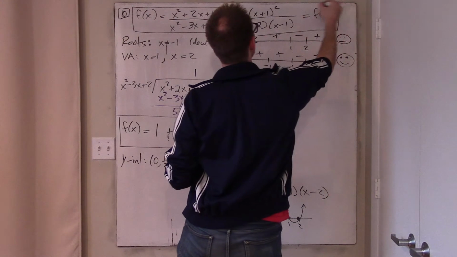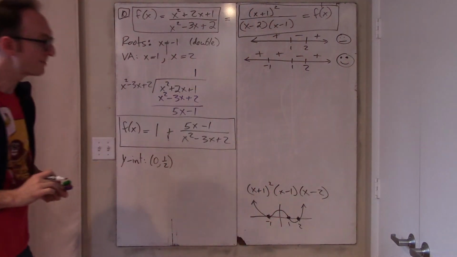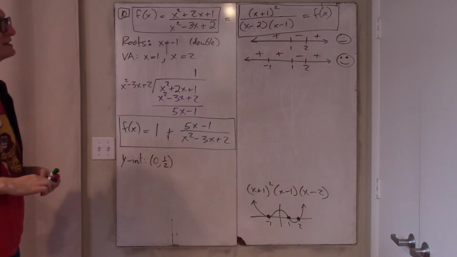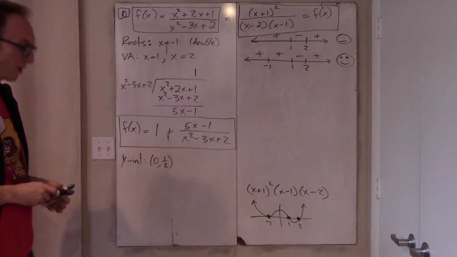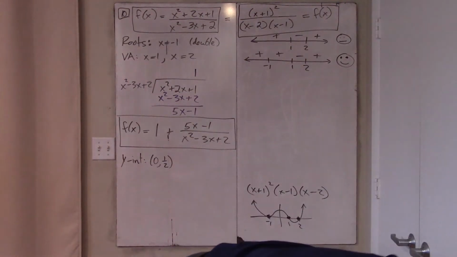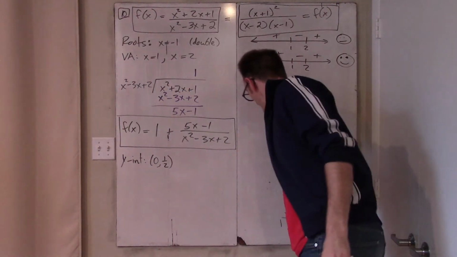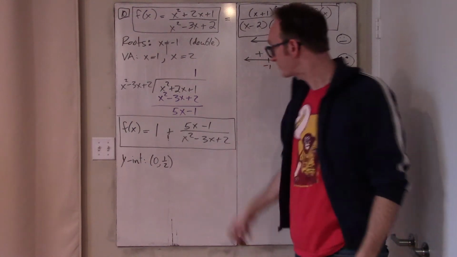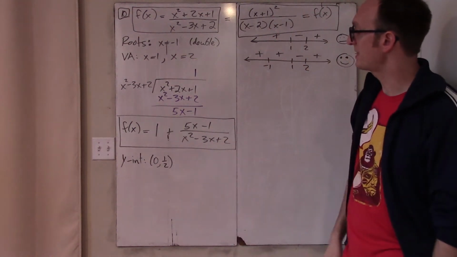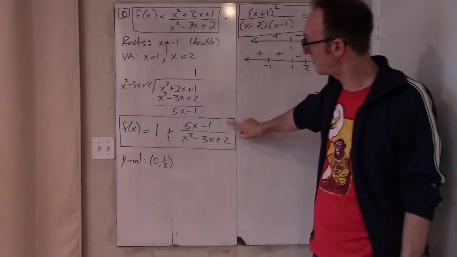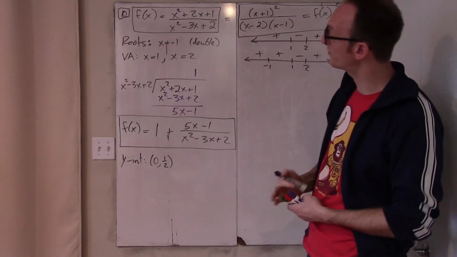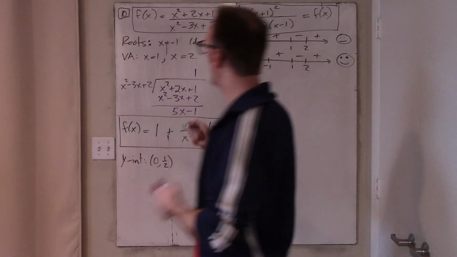Okay, well that's super important because that tells me when my function is positive and when it's negative, and where my vertical asymptotes will be and where my roots are, so that's certainly very important. But this form is also important. I think this form of representing the rational function is important for end behavior reasons,